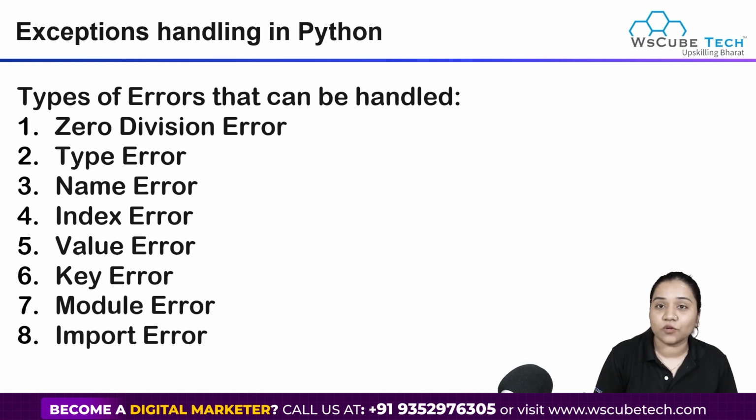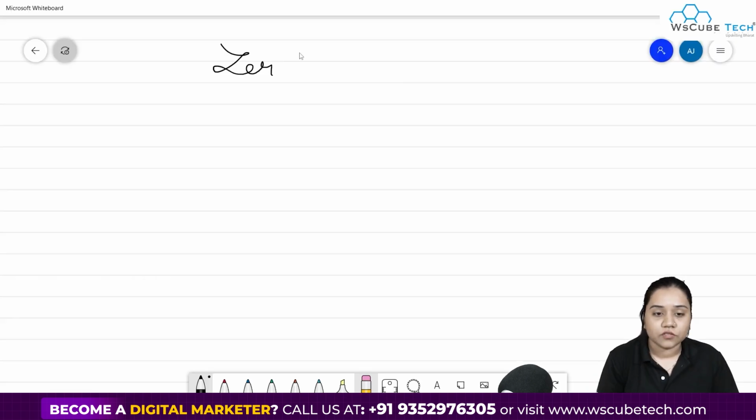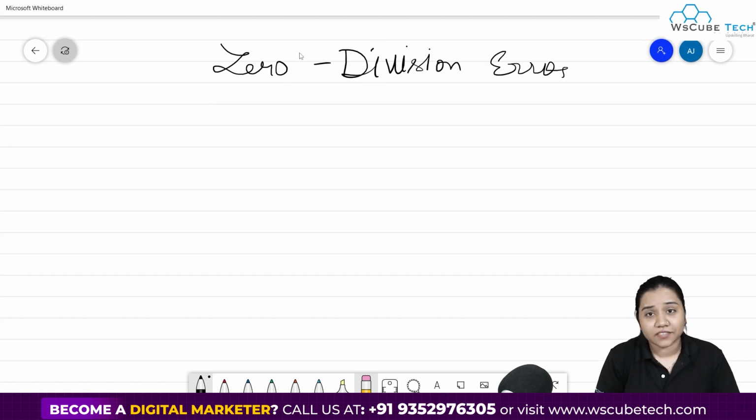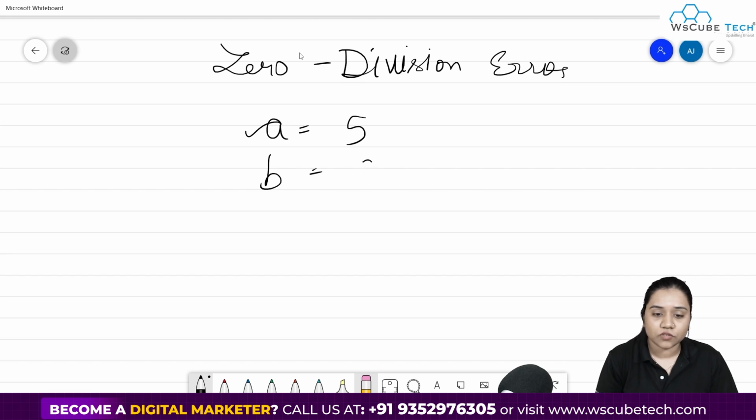Now, when does the zero division error happen? Let's understand that. So our first case is zero division error. As the name suggests, a zero division error means when a number is divided by 0. Suppose we have considered a case of two variables. Let's say a is equal to 5 and b is equal to 0, and we have written print a divided